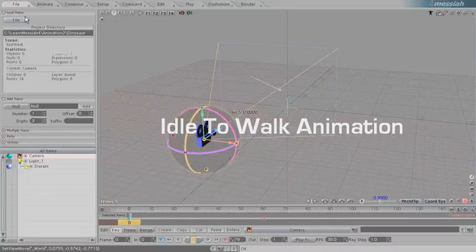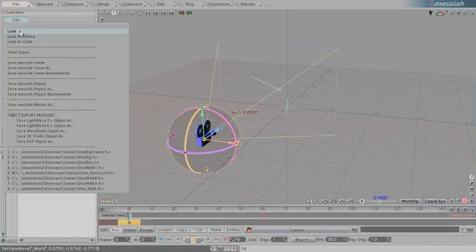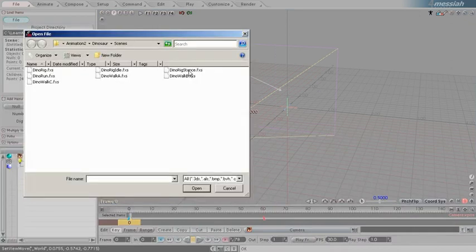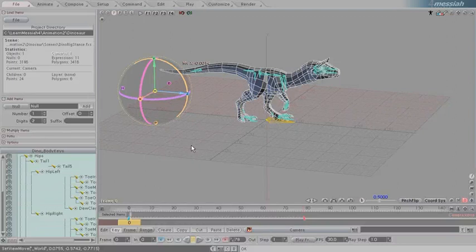In this video, we're going to create a transitioning animation between the idle clip and the walk clip. Go to File and load DynaRigStance.fxs. In previous lessons, we used the stance as the starting point for our animations, and because the stance has a keyframe that is exactly the same as the idle animation, we can use the stance to create the transitioning animation to the walk. To make sure we line up with the walk, we'll load the walk clip and apply it